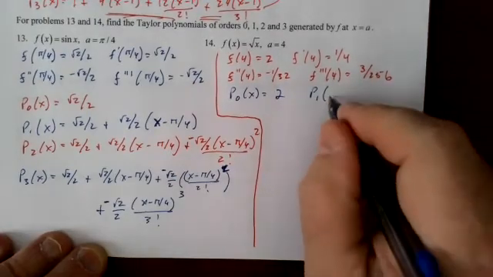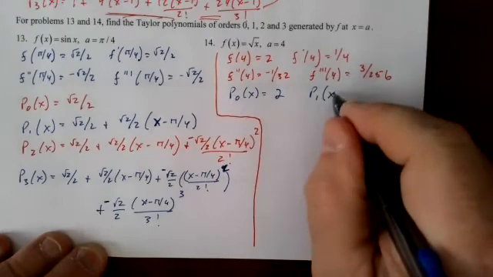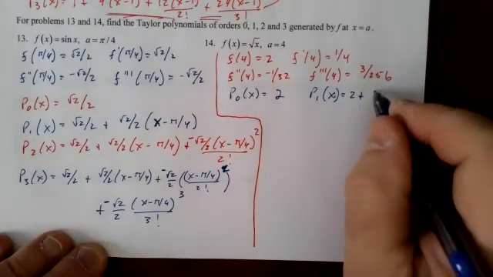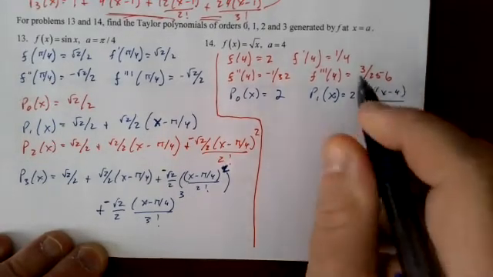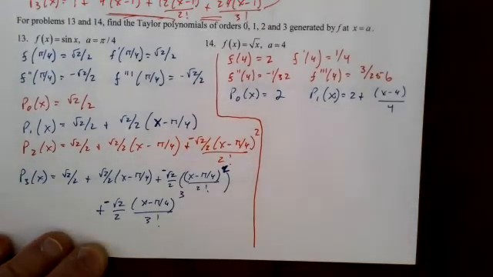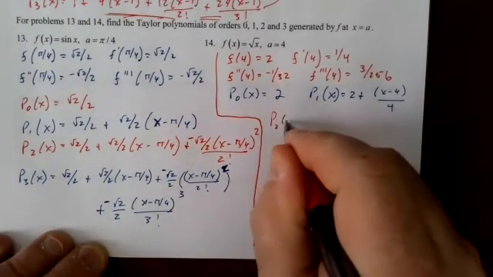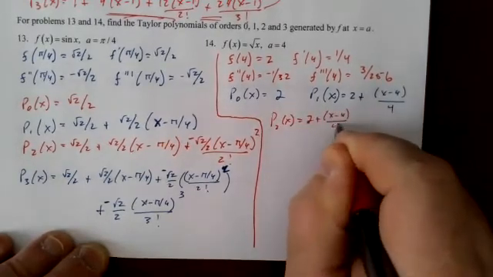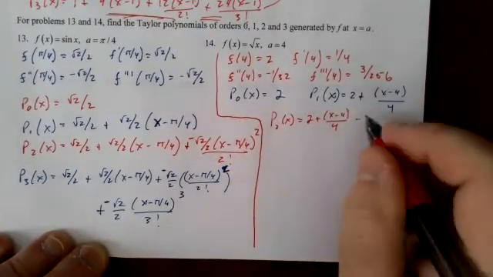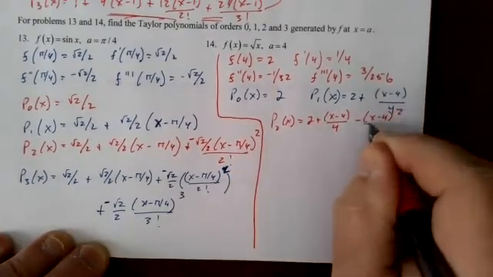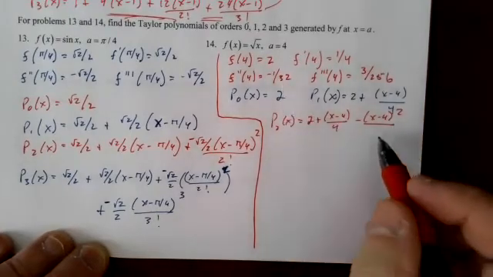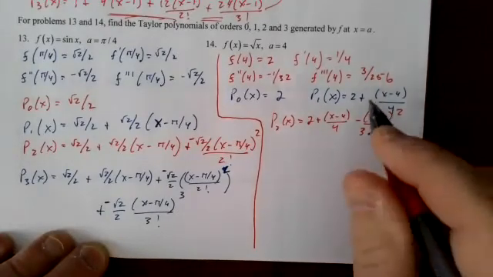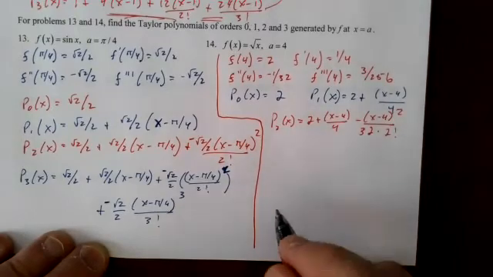P1 of x equals 2 plus x minus 4 over 4. P2 of x equals 2 plus x minus 4 over 4 minus x minus 4 squared over 32 times 2 times 3. Yeah, that's probably asking too much of my brain right now. 32 times, not 2 times 3, just 2. And then